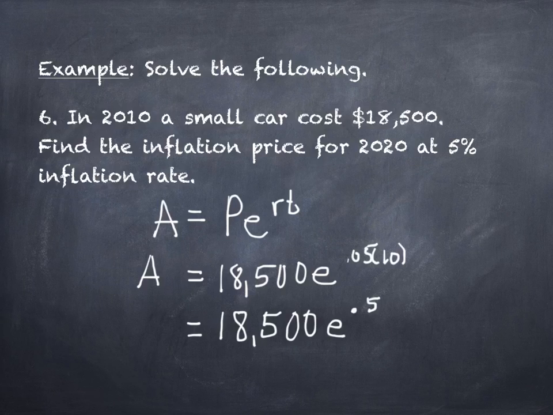Now again, some of your calculators will do this just straight across. You can just do this exactly like it's written here. Others of you need to work from sort of the inside out. Again, looking at this, this is a multiplication fact and this is an exponential fact. We always do what first? Exponentials. That's an order of operations issue. Exponents before multiplication. So I'm going to do the exponent first. So you're going to do e raised to the 0.5 power and then hit your E button. And once it gives you that expansion, it's going to look like an ugly expansion, and it's okay because your calculator can store it just fine. And then you can hit times